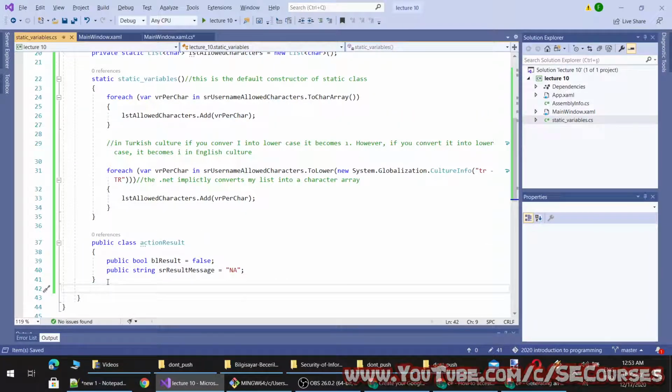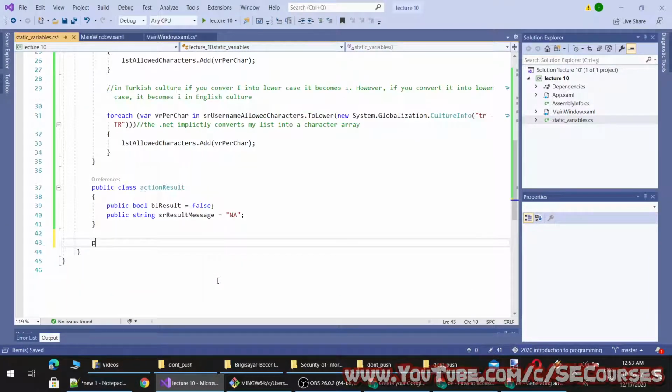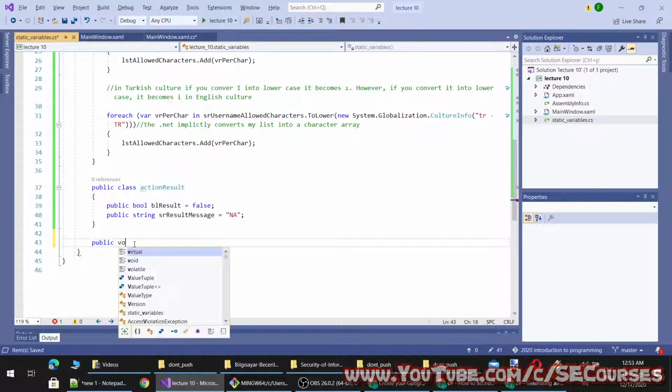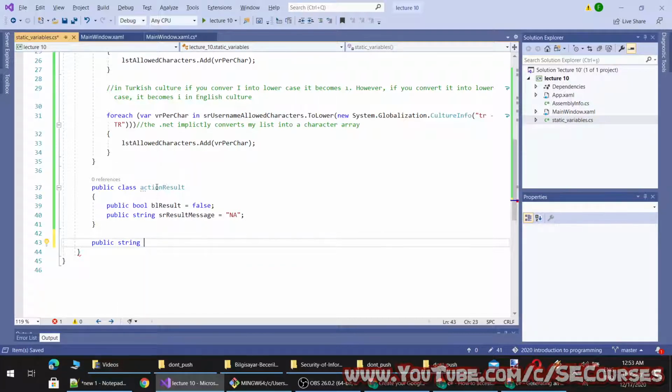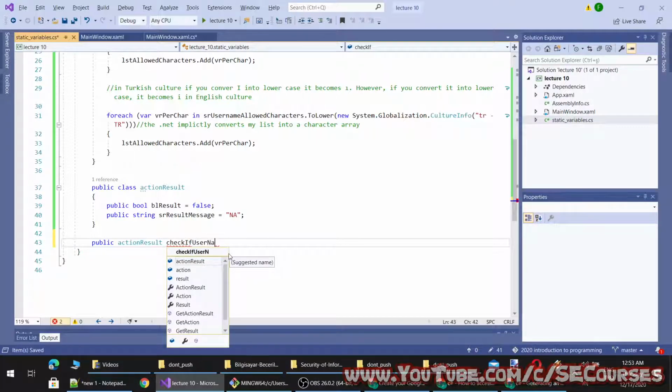And let's write our method. So our method will return the type of our custom class. Instead of void or integer or string, these are the return types we have used. It will return our custom class type of object, and I'm going to name my method check if username valid.